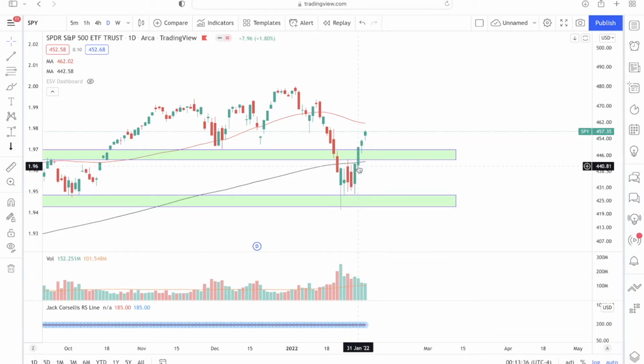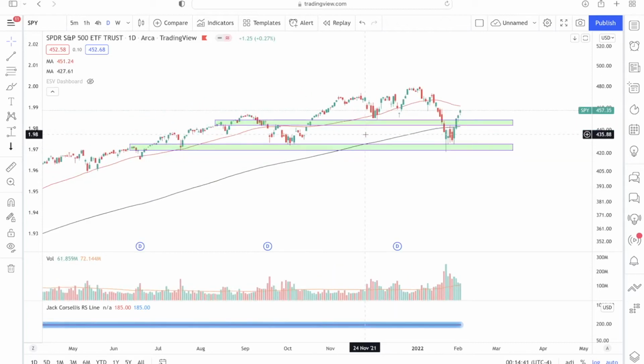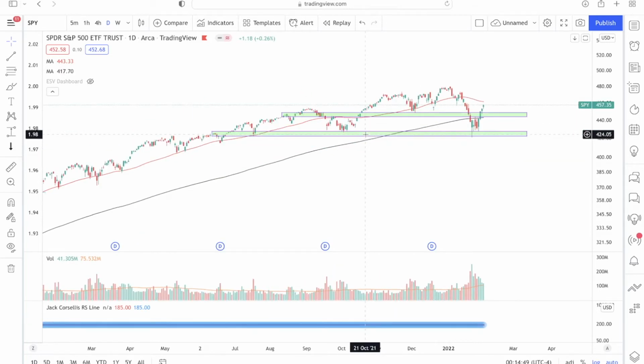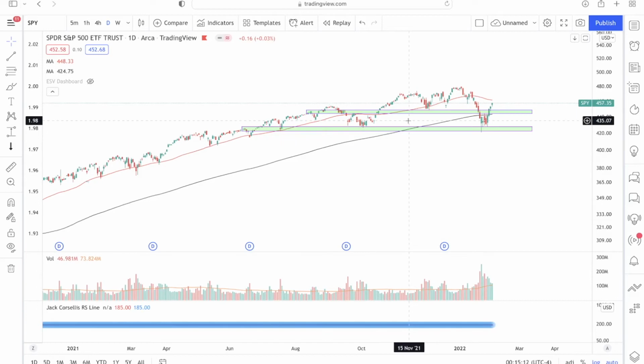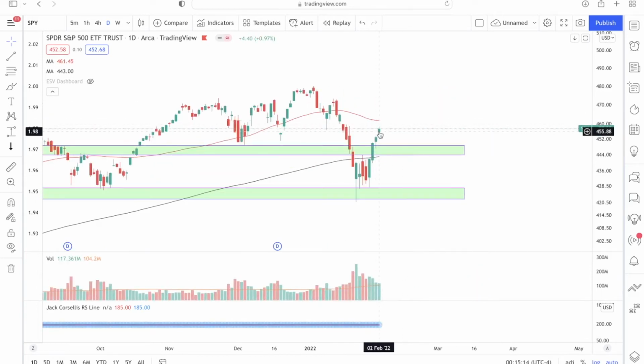So is the correction and decline in the S&P 500 finally over? Not just yet. For me personally, I want to look for 2 confirmations. So the first confirmation is I want to see prices breaking above the 50-day moving average. So even though the S&P 500 has managed to climb back above its 200-day moving average, the S&P 500 still hasn't gone back up above the 50-day moving average. And if we zoom out over here, we see that the 50-day moving average is a key moving average for the S&P 500. So I'm waiting for the confirmation for the S&P 500 to move up and above the 50-day moving